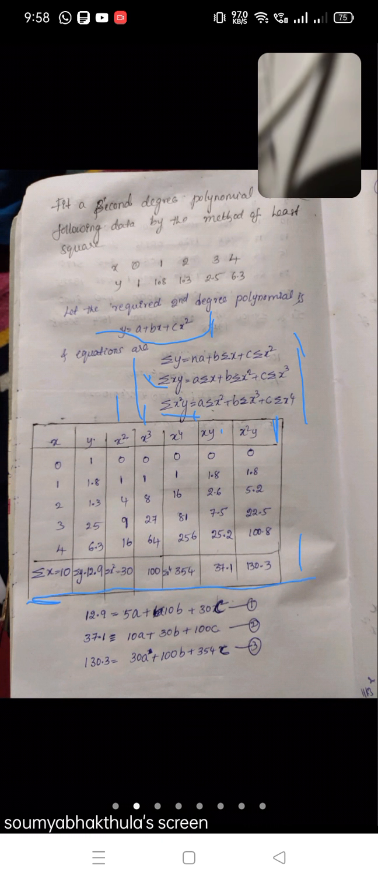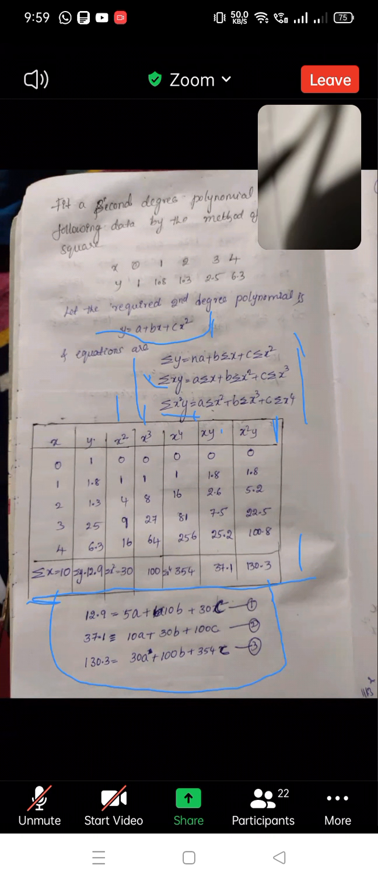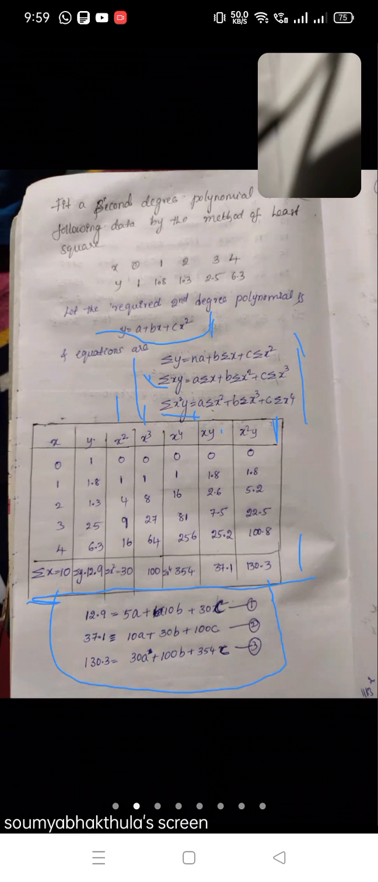Okay, so substitute the values in the equations. You will get 12.9 equals 5a plus